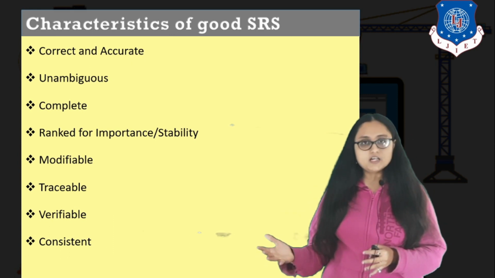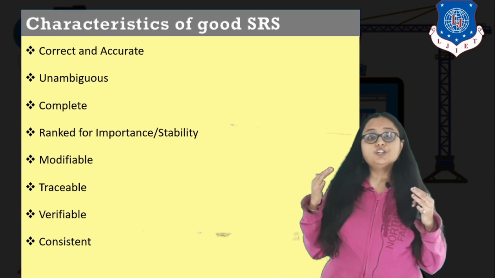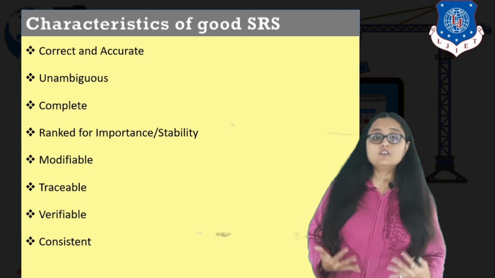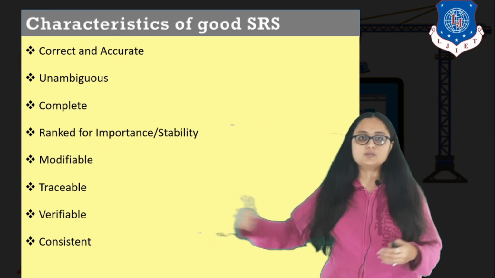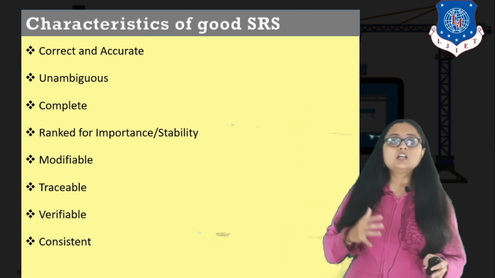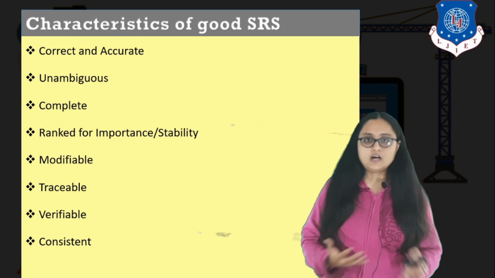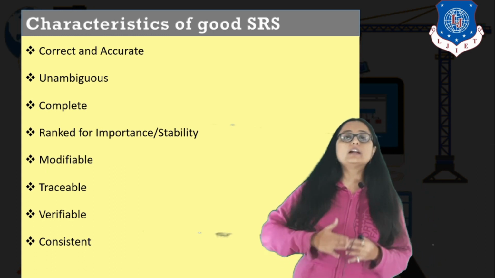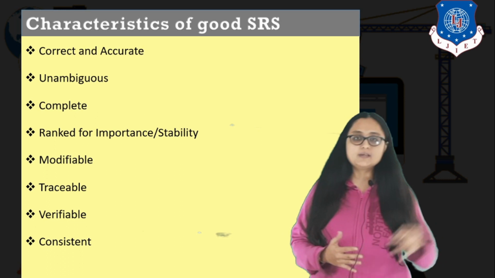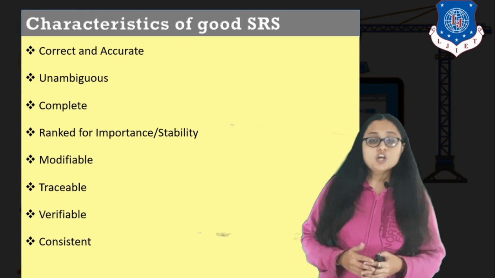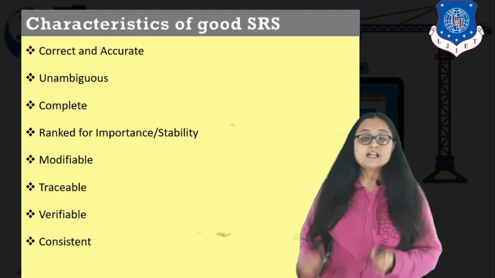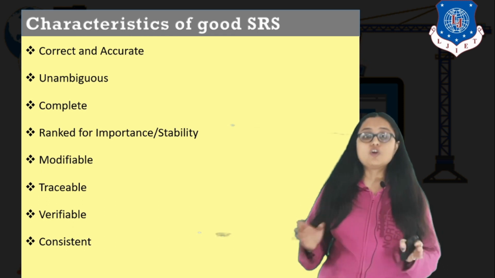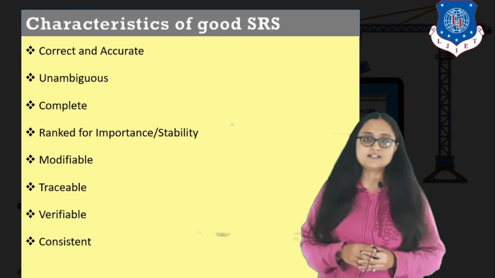Many assumptions and many estimations are made, but we need to be thorough in our estimation strategies and be as accurate as possible. There should not be any ambiguous or conflicting requirements. You know that you have already eradicated the conflicting requirements in the requirement engineering task. So after the requirement engineering task is completed, and after we have this work product, that is the SRS, there should be no ambiguous or conflicting requirements present in the SRS.